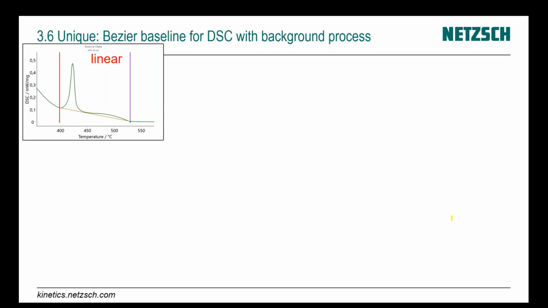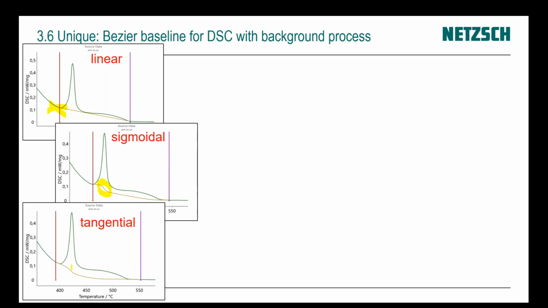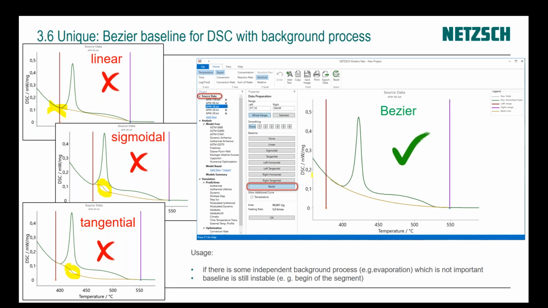Very small feature is a Bézier baseline. If you have some background process, it's very important to have a correct baseline. Here, for example, linear baseline has wrong slope at the beginning and at the end. The sigmoidal baseline has some things in the middle which does not belong to background process. Tangential baseline has also something which does not belong to background process. In this case, we use Bézier baseline, and